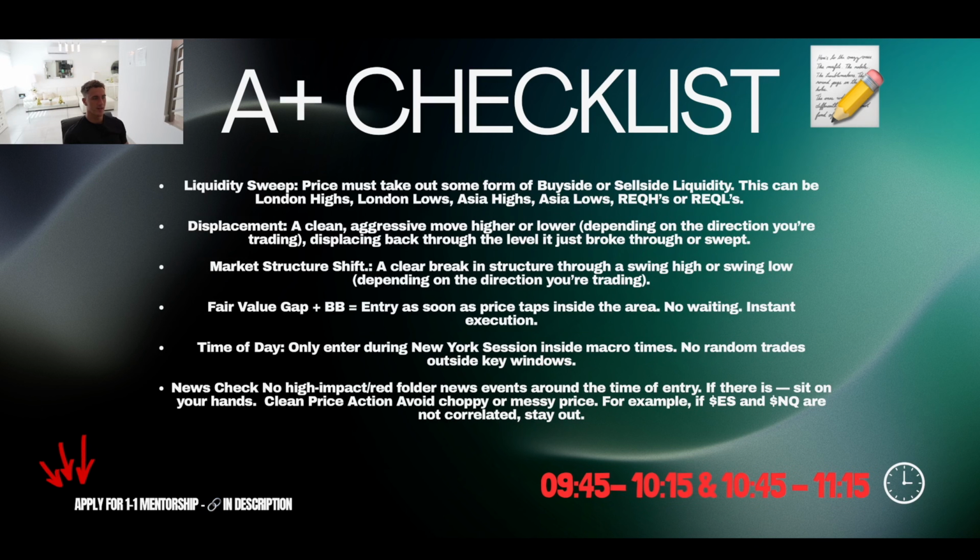All right, so I've written out the A+ checklist criteria that you need to follow. So I would screenshot this, save it for later. The number one thing on the checklist is going to be a liquidity sweep. Price must take out some form of buy side or sell side liquidity. This can be London highs, London lows, Asia highs, Asia lows, equal highs, or even equal lows. As long as price takes out some form of liquidity, meaning a 15-minute either swing high or swing low,